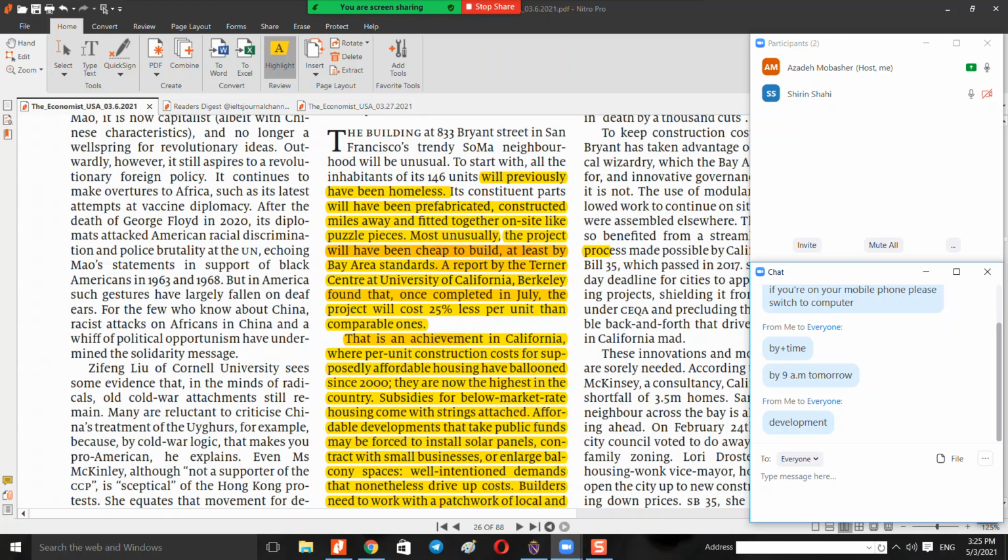Okay. Thank you very much. What's next, Shirin? The next one is fund. It's a noun. Yes. An amount of money that is collected for a special purpose. Yes, for a particular purpose. The next one is contract. Here it is the verb. To sign a contract. Yes, very good.